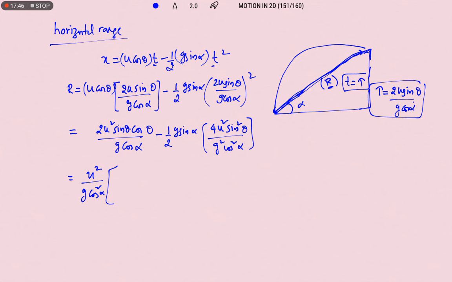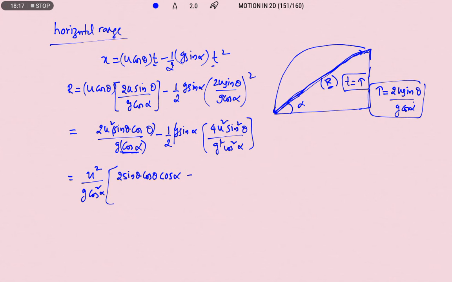Here one g is cancelled. In this term there is no cos square alpha, only one cos alpha. That's why I am going to write 2 sin theta cos theta into cos alpha, because here there is no square, but I am taking the square. After simplifying this also you are going to get the same expression. So minus,